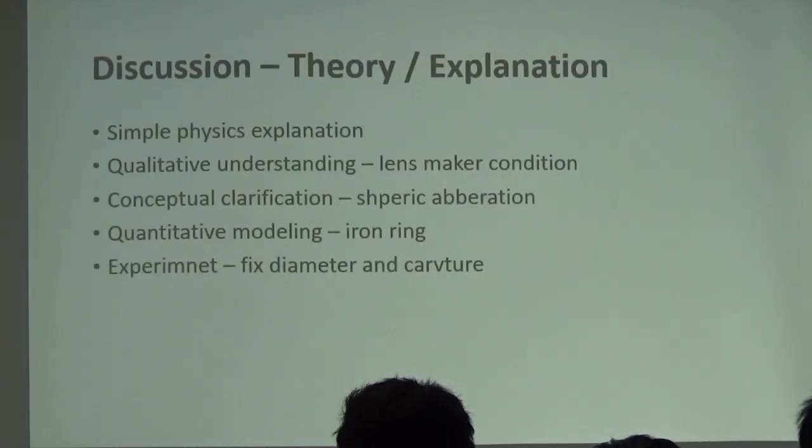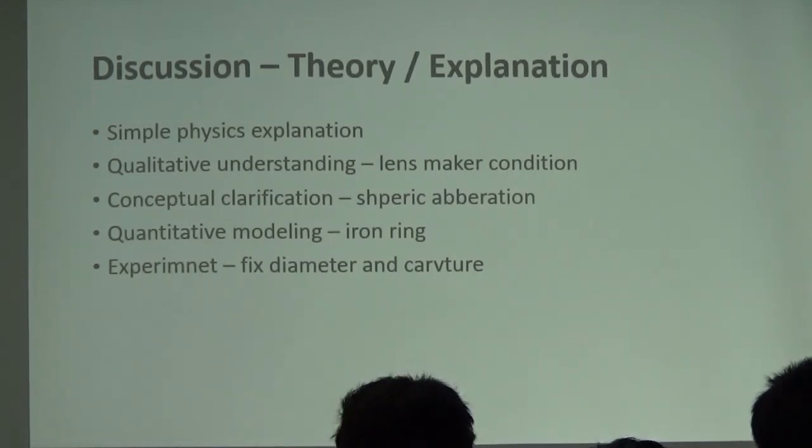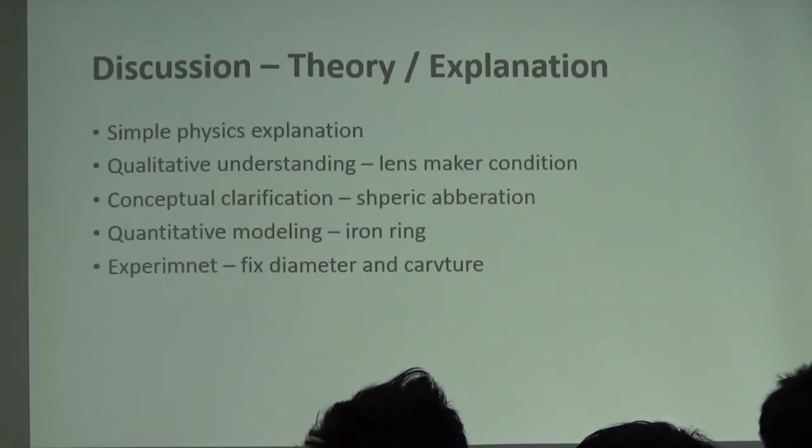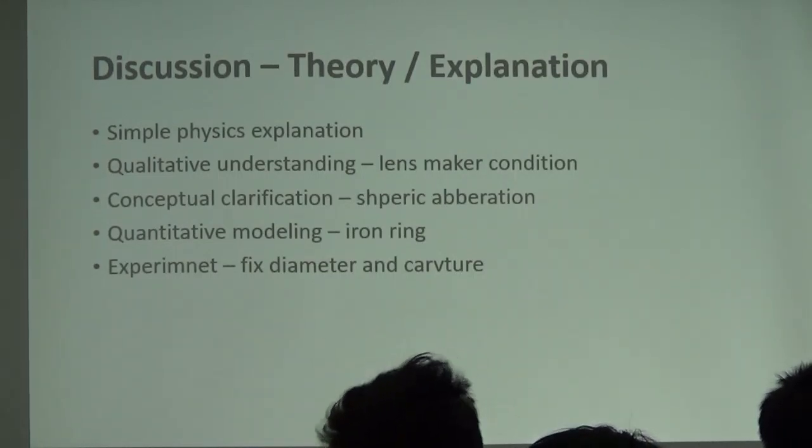And for the discussion part, firstly we wanted to discuss the simple physics explanation. On page 4, they discuss an equation, but normally that equation is discussed for a spherical condition. In a condition with no gravity, this condition won't be fixed, so we will discuss this first. And secondly is the qualitative understanding about the lens maker condition, because normally if you put a water